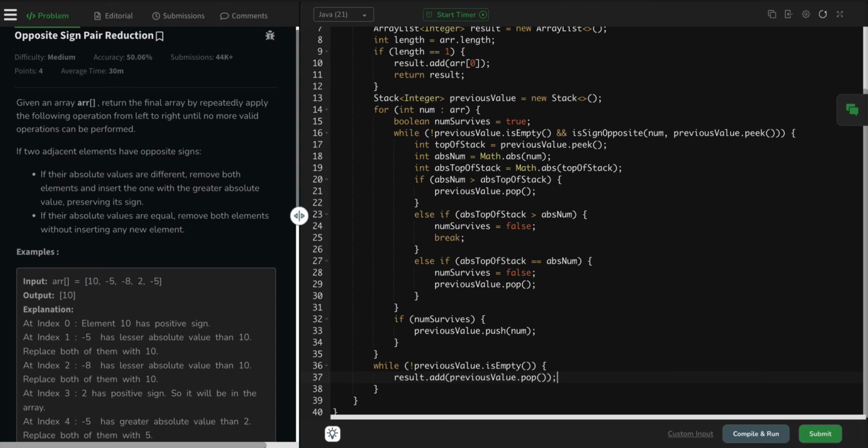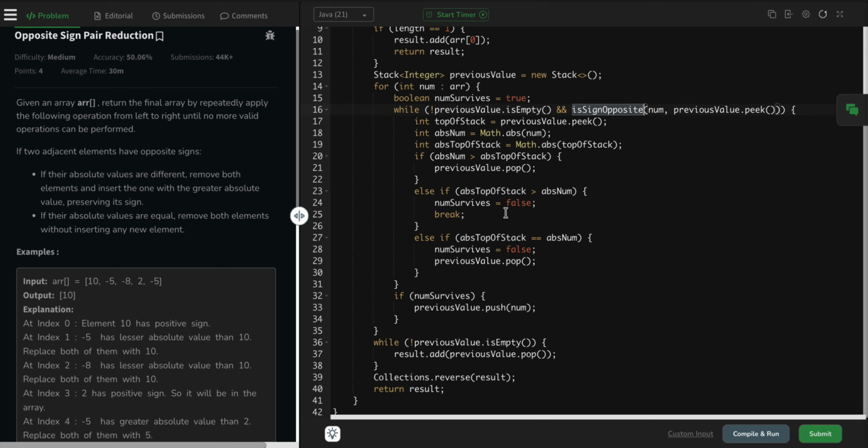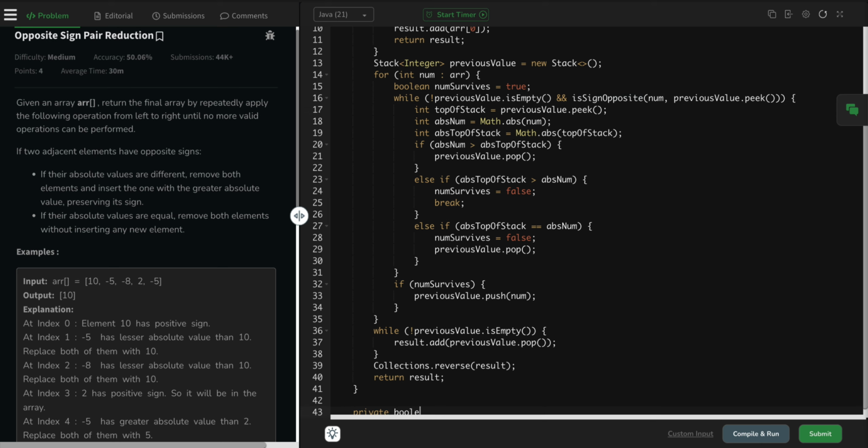Now as we all know, the stack is last in first out, so the result will be in reverse order. We can make use of the collections framework to reverse the array list and finally return the result. Now there is one missing point, we need to have this helper method which returns a boolean,